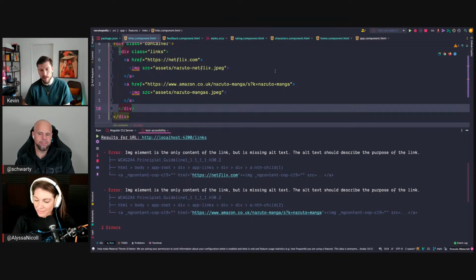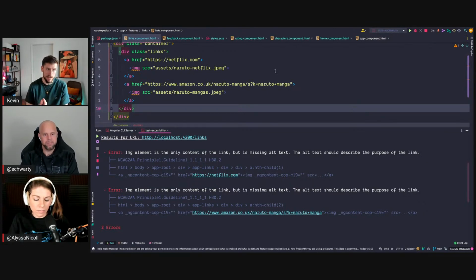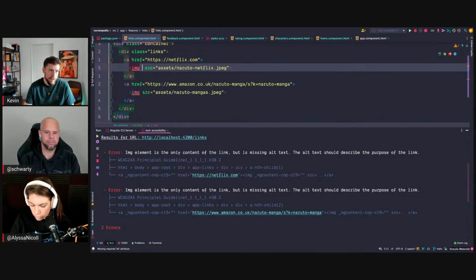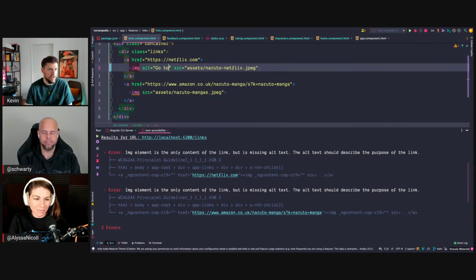So usually anchor tags are accessible if they have text, because then someone can read the text and knows what it's about. But if it's only an image as content, then you don't know what it is about. So again, we can add some alt text, like go watch Naruto on Netflix or something.